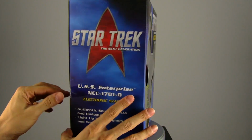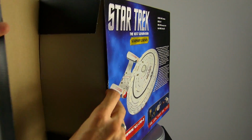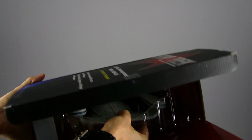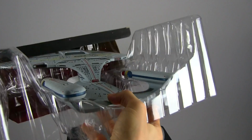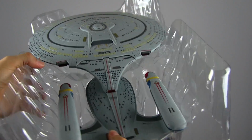Alright, so let's open this beauty up. This is not an unboxing. I've already opened this up before, but I just wanted to show you what the box looked like and what it looked like in the box. It comes in a very sturdy plastic